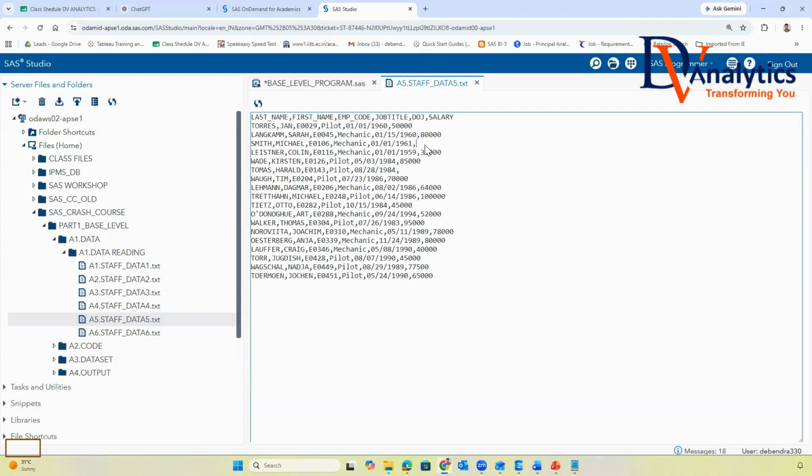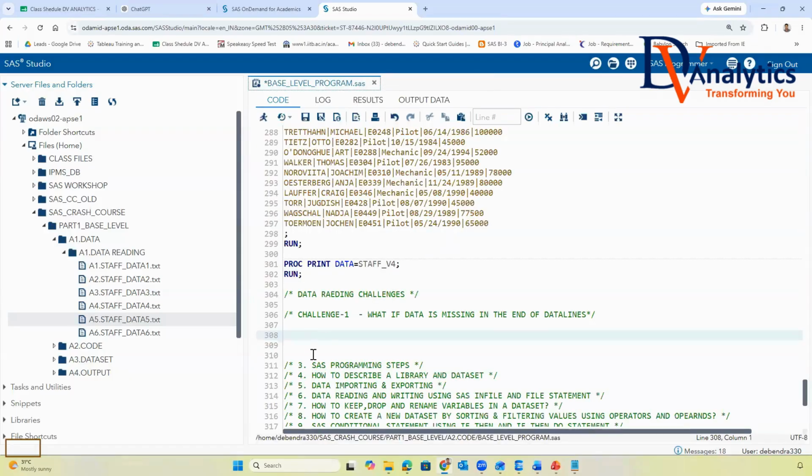Are you getting this, guys, everyone here? Yes, sir. Now it should have 18 records. As per my understanding, we are reading 18 records from this data set. Now data is missing in the last record of it. Now how to treat them all? What you will do first is here, you will say data, version 5.